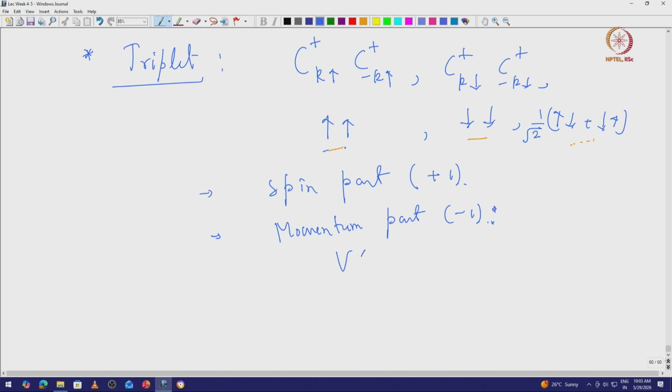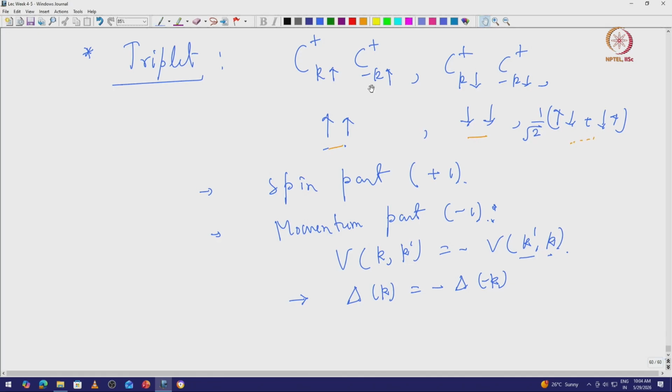Which means you need to have a pairing symmetry that changes sign like this. And okay, there are other ways to represent this in spherical harmonics and so on and so forth. So, I am not going into those details, and what that would give is delta k equal to minus delta minus k, as you change k to minus k, as you are required to do, as the two electrons have the opposite momentum. So, you are required to change k to minus k,